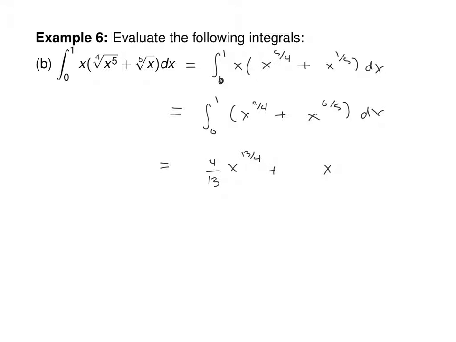X to the 11 over 5, and then evaluate from 0 to 1. And thank goodness I picked small numbers, right? That would have been awful otherwise. So it's 4/13 plus 5/11. Oh goodness. 44 over